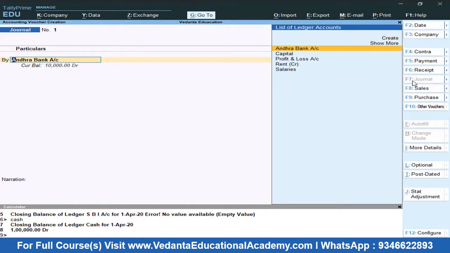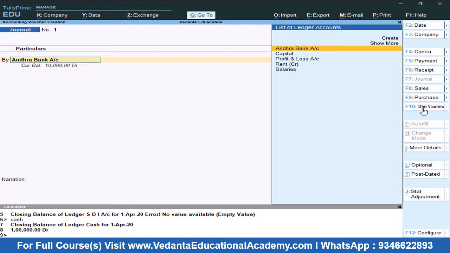What is that? Journal. If I am buying a furniture, record it on journal, because it is not your good, it is not your service. If it is other than good and service, then you need to record under journal. That's it. And we also use a journal voucher for the adjustments like depreciation, appreciation, interest on capital, interest on drawings, commission. So all kind of adjustments can be recorded under the journal entry, right? Is it clear? So you know journal, sales, and purchase, right? So we'll just go ahead.